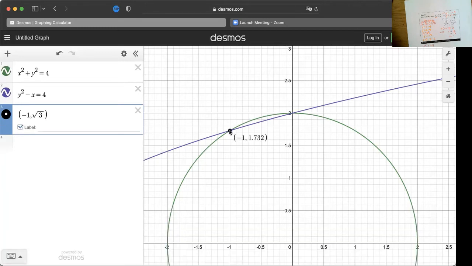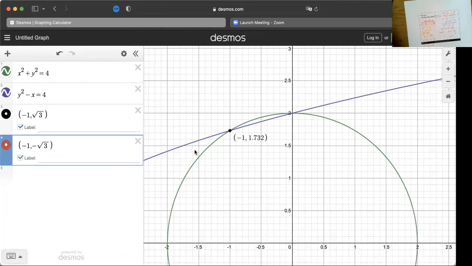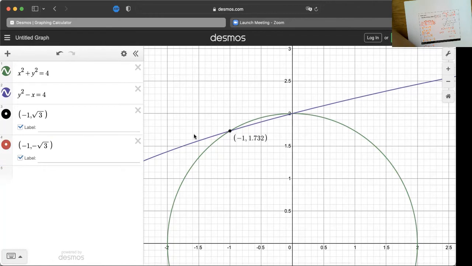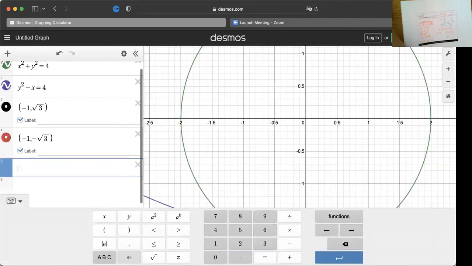Yeah, there you go. And then what was the other one? -1, negative square root 3, and label it. Right? Where's that one? Down there. Very good. And then our other points were